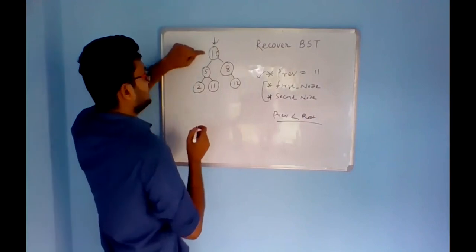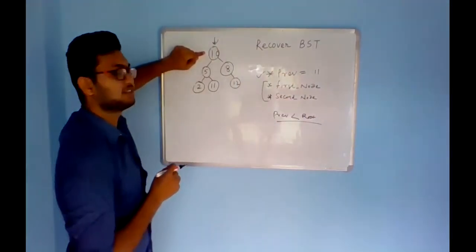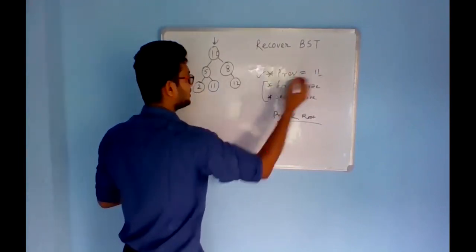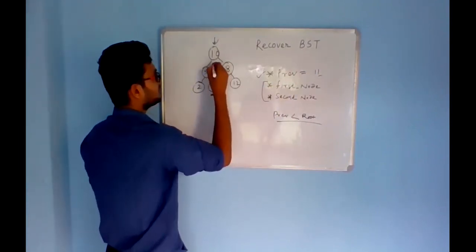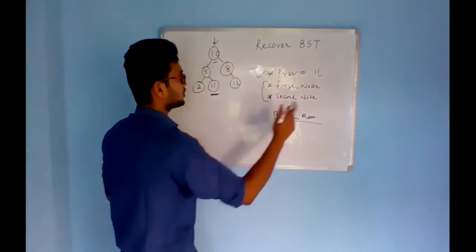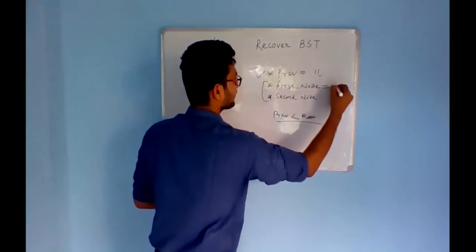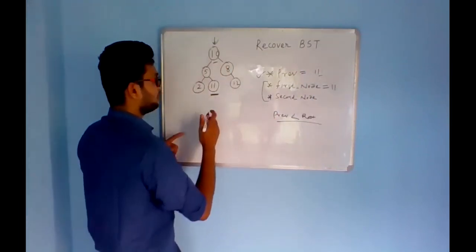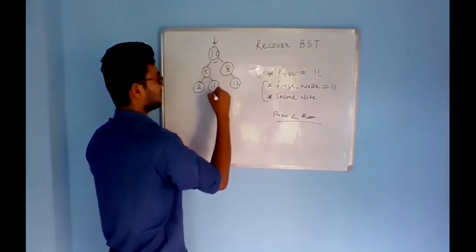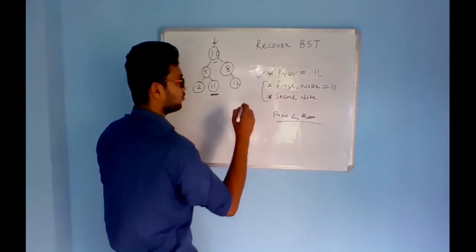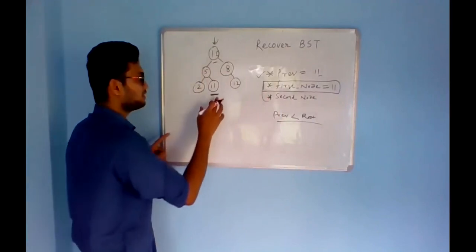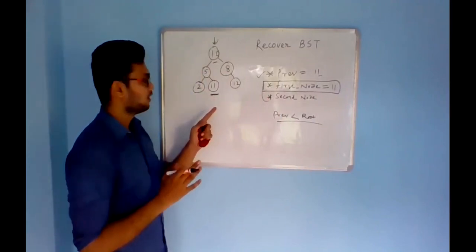And now I will come to 10. Now see, 10 is not greater than 11. So there is something wrong with these two nodes. Which two nodes? One is previous, that is 11, and the other one is 10. Okay. So what I will do is I will store these two nodes. The first node will have the previous node. Why is this so? Because the first wrong configuration is found for this particular node, that is 11. So I will fix this, and I am never going to change this, because this is the first wrong node placed right here.